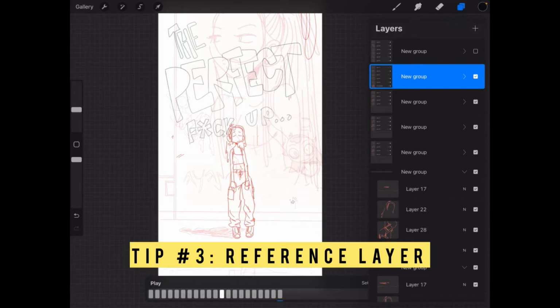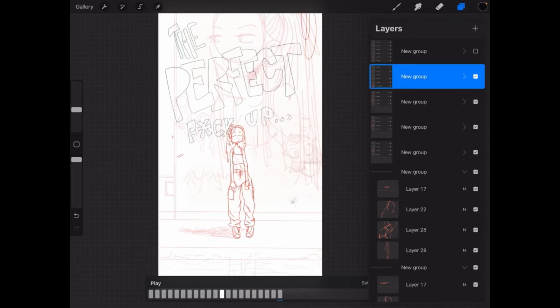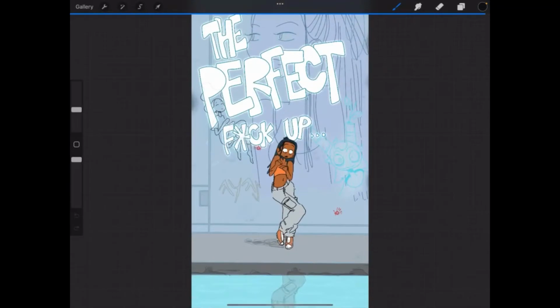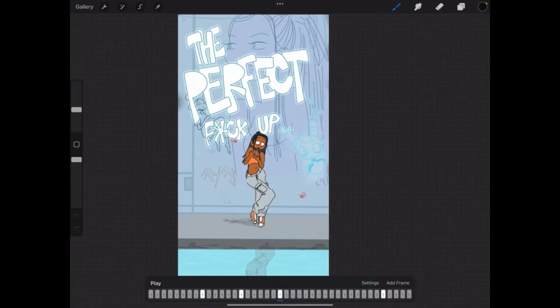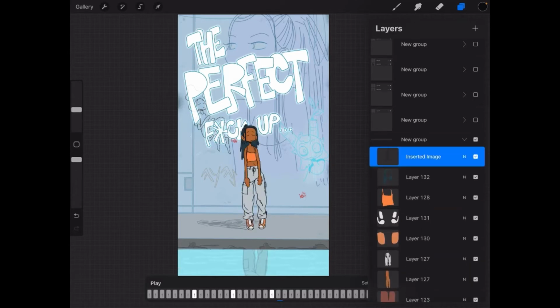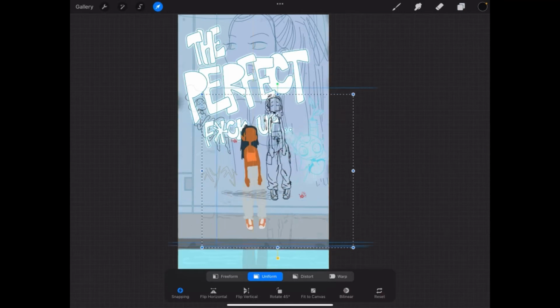All right, so the next tip I have is the reference option for filling colors. So when I'm filling in the colors, let me go out of this really quickly. This is the colored in version. When I was filling in these colors, as long as there's not too big of an opening, all you have to do is sort of take your line art